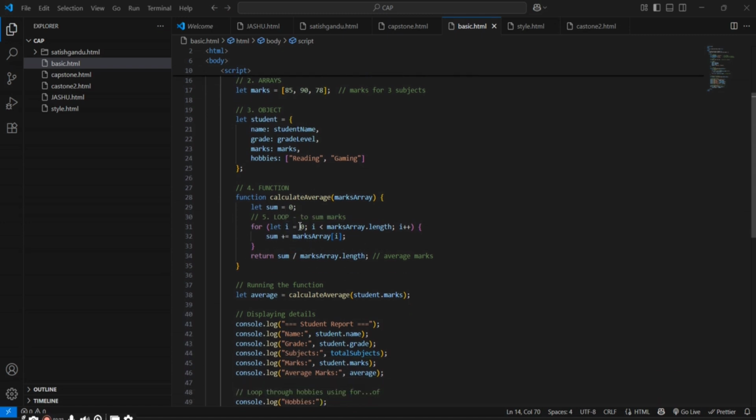Next of all, we discuss functions. A function is like a recipe. It is a set of instructions that can be